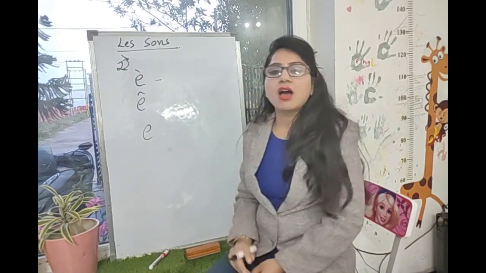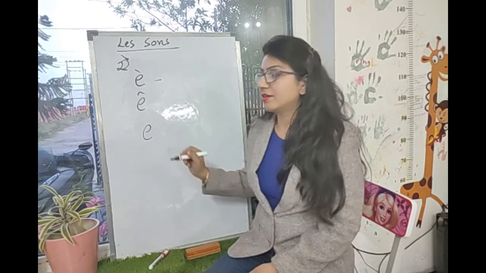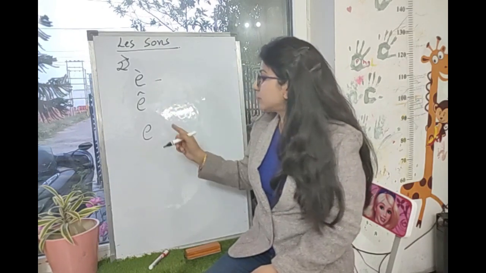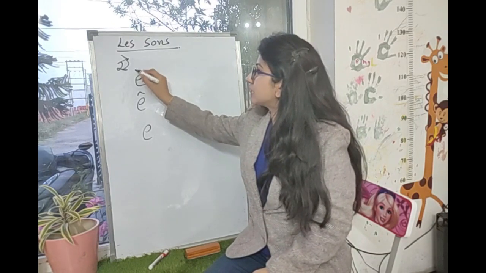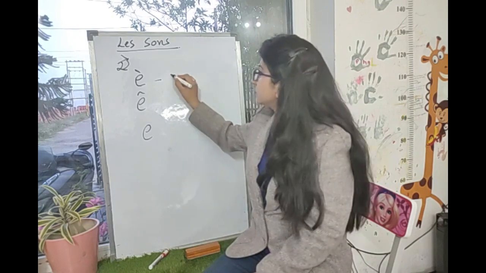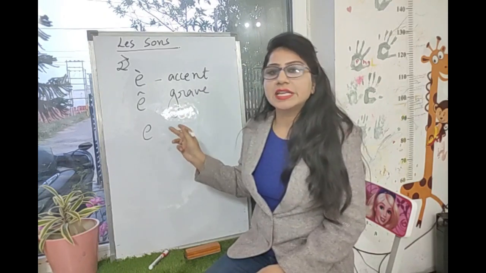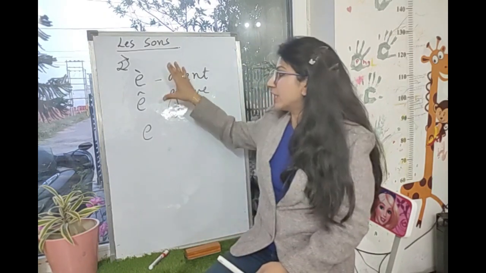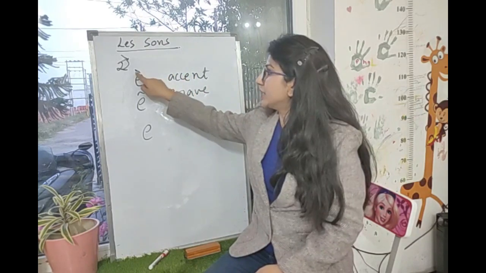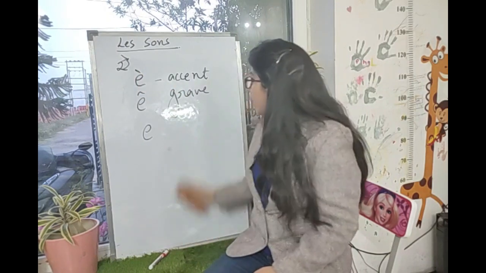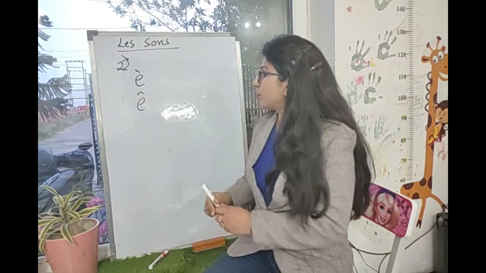This is actually A. In English it is E, but in French it is A. And now these accents are there, so we have to say A and then the name of these accents. So first is A. This kind of accent is called accent grave. Accent means accent and grave is the name of this accent. So in combination, we'll say accent grave. And now the name of the other accent, this cap sort of thing,